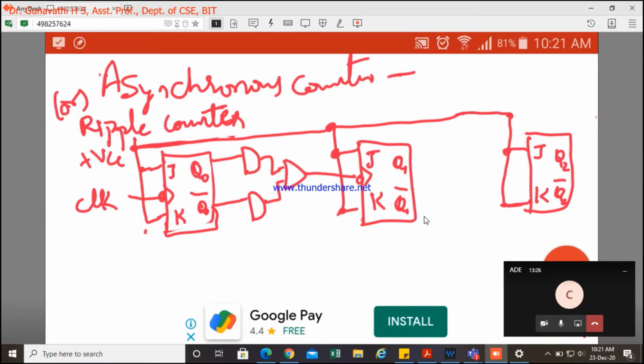So I need one more control, whether to make this an up counter or a down counter. I'll connect these to one more enable bit, which will make it an up counter or down counter. I'll name this up/down.